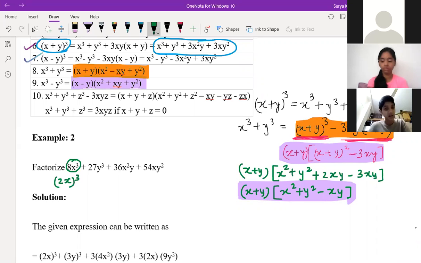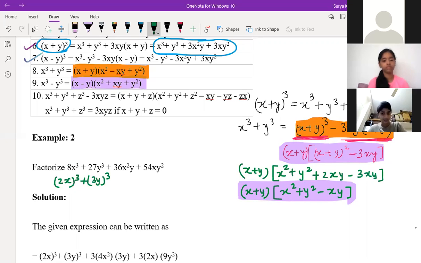Sir, means 2x to the power 3, we cannot write it, sir. I'm writing it as a whole cube. I'm not writing only this 2x cube directly, not like that. This is 8x to the power 3. I'm writing (2x) to the power whole cube. It's not the same. Yes, the value is the same, sir. Next, 3y whole cube I can write.